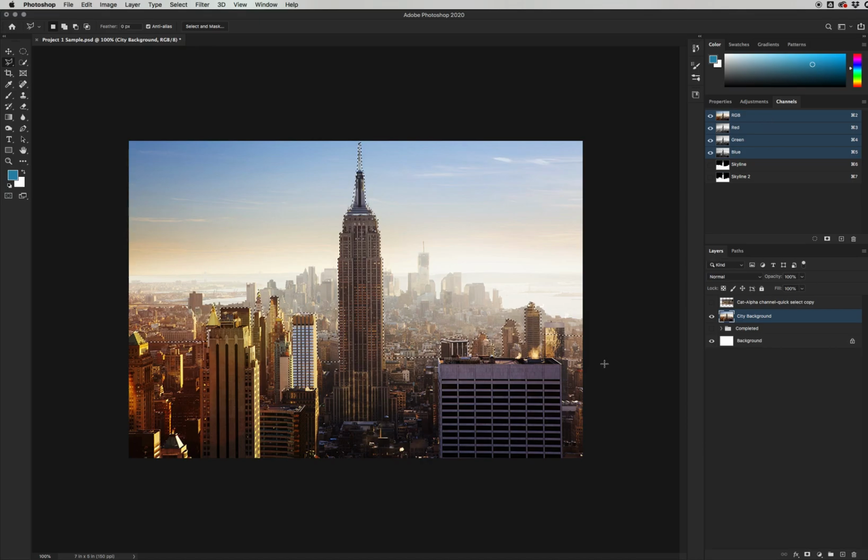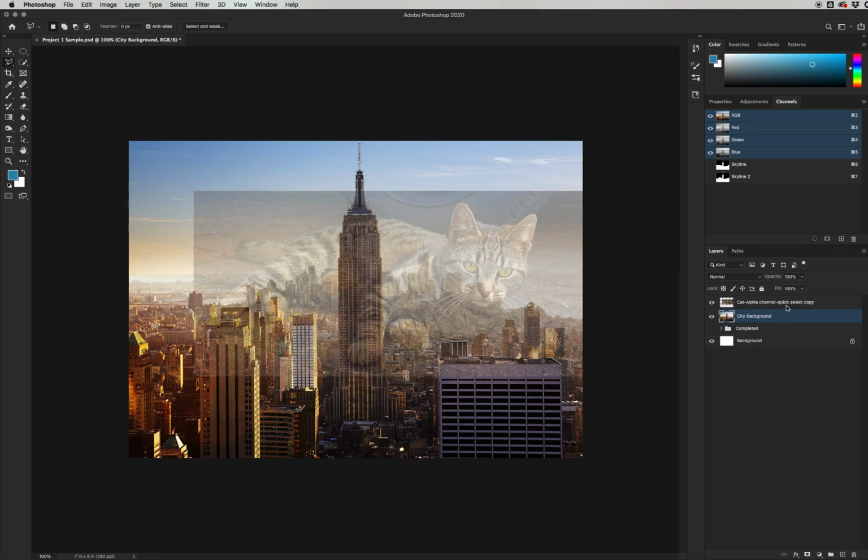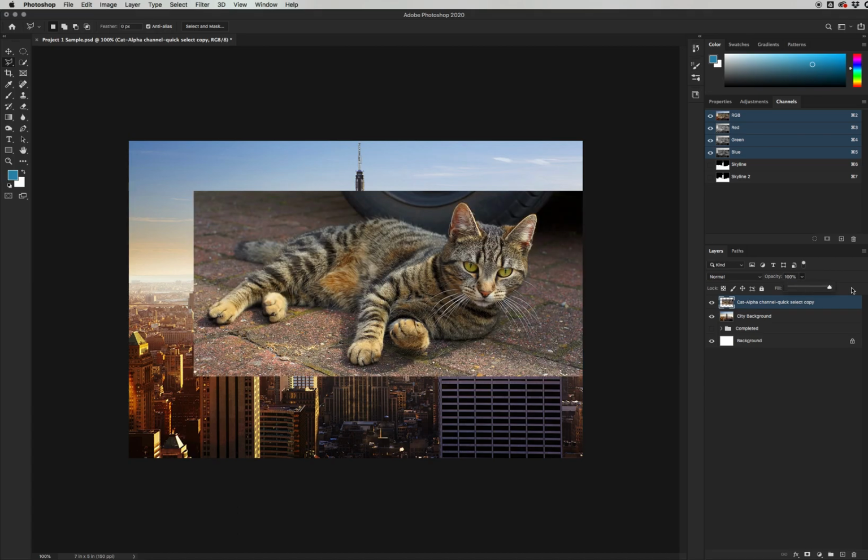I'm going to release my selection. I don't know if you remember, but the shortcut code is Control or Command D, depending on what platform you're using. I'm going to make visible my cat layer and bring the opacity back up. All right. Now, the other thing that I'm really going to want to do first is I don't want any of this